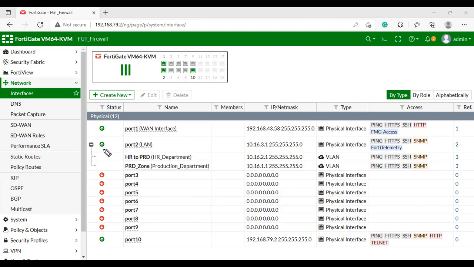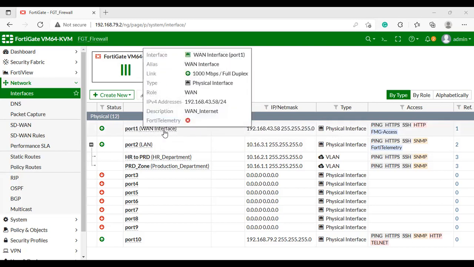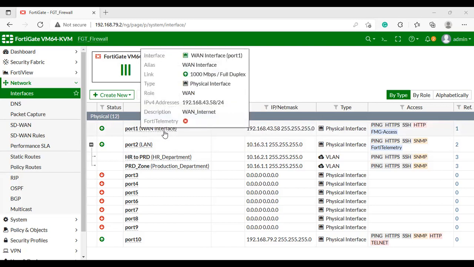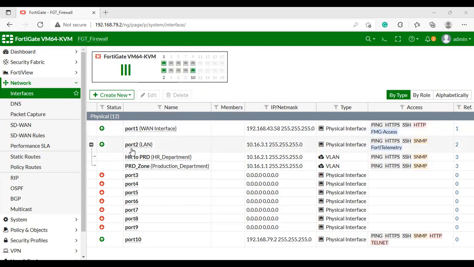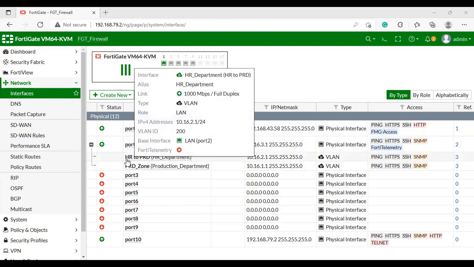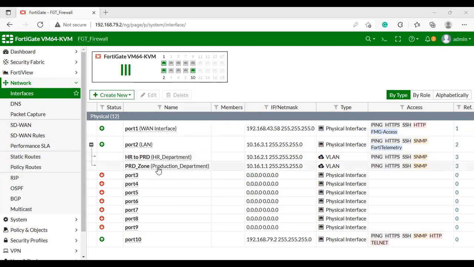Port 1 is for WAN access, the internet connectivity, and port 2 is for LAN users. There are two sub-interfaces, for the HR department and for the production department. I have created two VLANs, VLAN 100 and VLAN 200, and these IP addresses, 10.16.2.1 and, sorry, 10.16.1.1, will be the gateway for the LAN users.